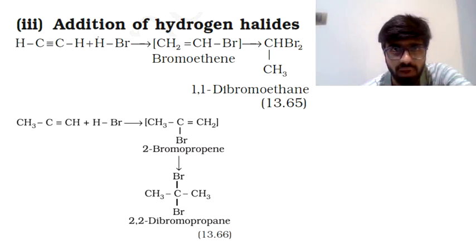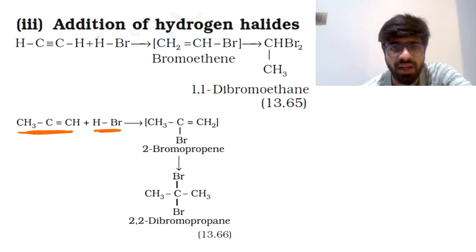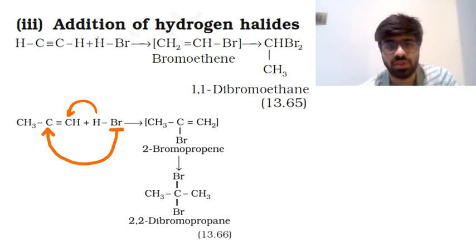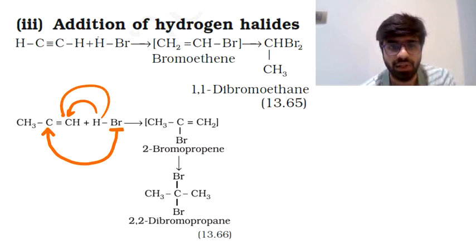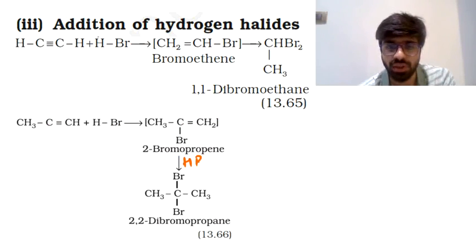Going ahead with a similar reaction. It's the reaction of HBr with propyne, and like I said, Markovnikov rule, negative part goes to the carbon atom with lesser number of hydrogen atoms. Hydrogen comes here, so this becomes a bromine substitution on the middle carbon atom. The hydrogen which went here made it CH2, so you have a CH2 here and the triple bond getting converted to a double bond. Add yet another HBr to it.